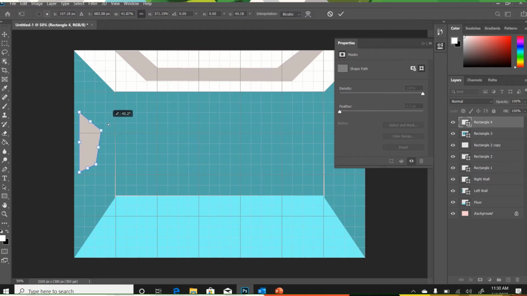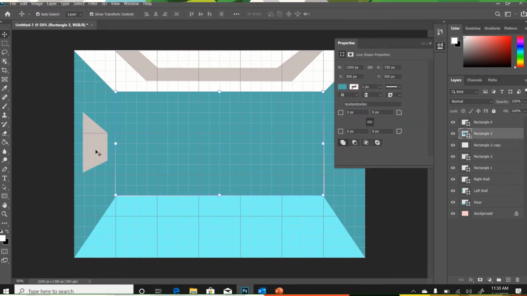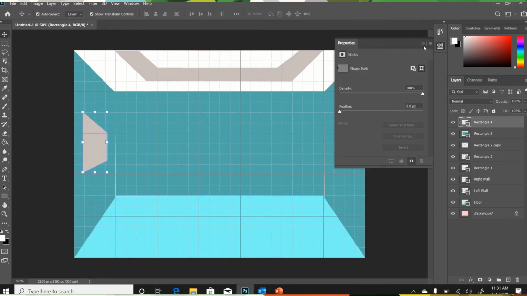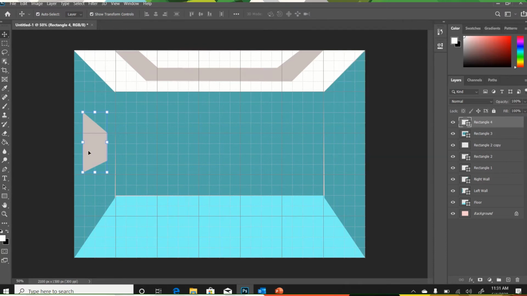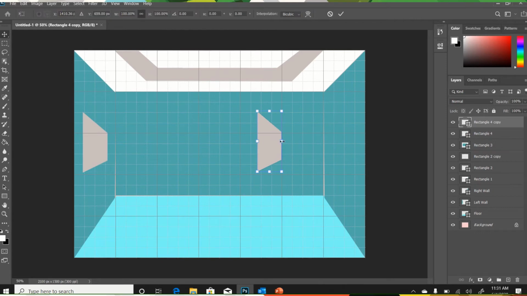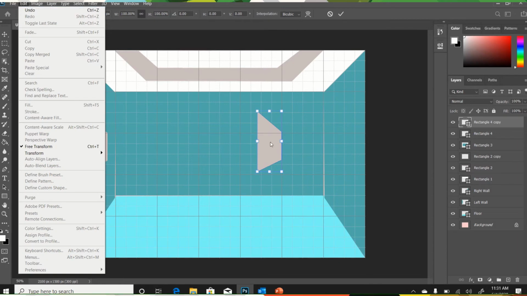So if you want a bigger size of the painting like this, you can increase the size, right? And then after fixing it, pressing enter, you can move it a bit ahead or a bit backward like this. If you want a similar kind of painting on the right-hand side wall also, you can make a copy of it, Alt and drag, and then you can flip it. So in this case, flip,